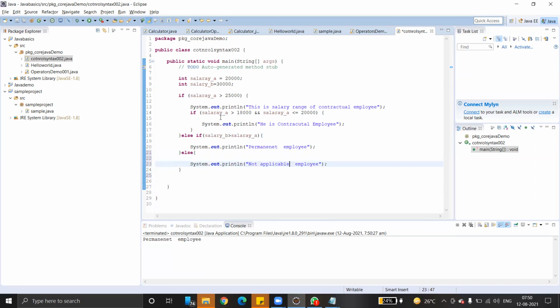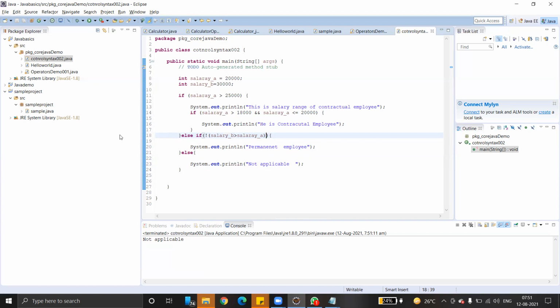That means if both the conditions are not fulfilled, finally it will go to the else clause. Control S. Just run this program. Finally, it will go to the not applicable. That's all. So this is how we use if, else if, else control statements. Is it clear? Yeah. Go to the next statement.